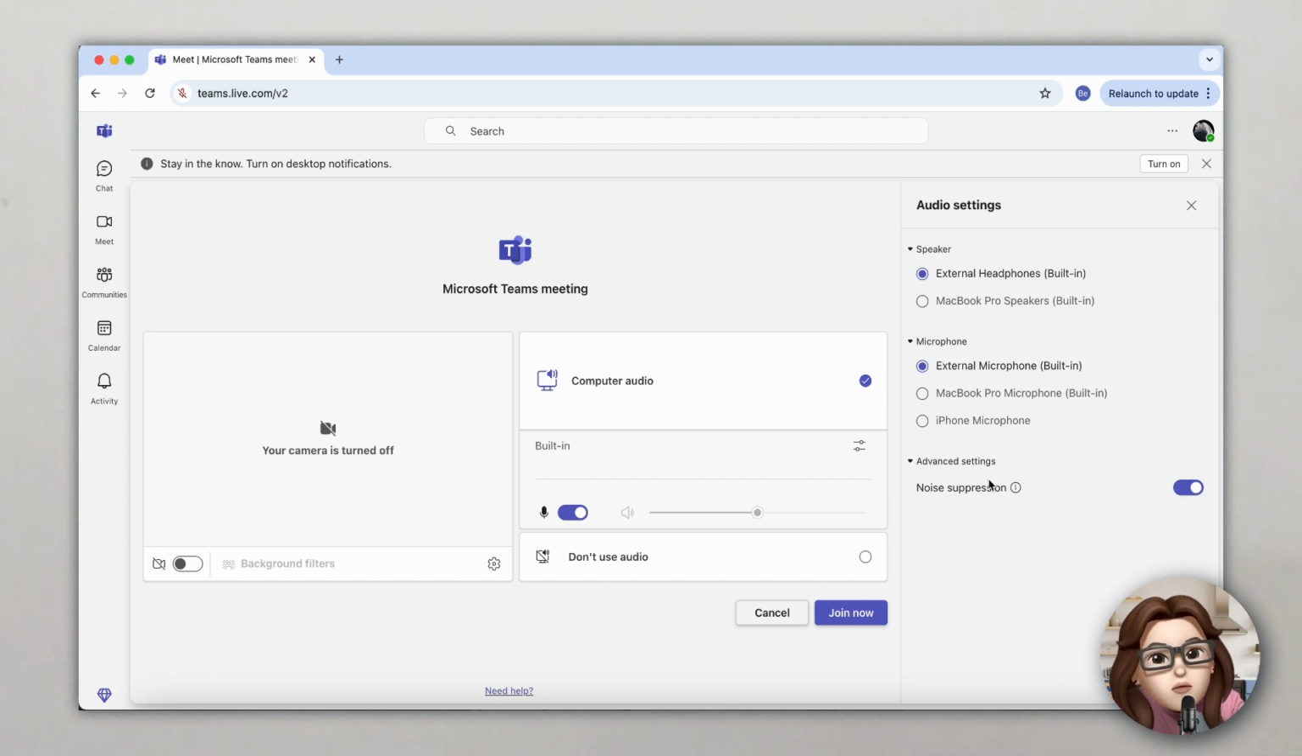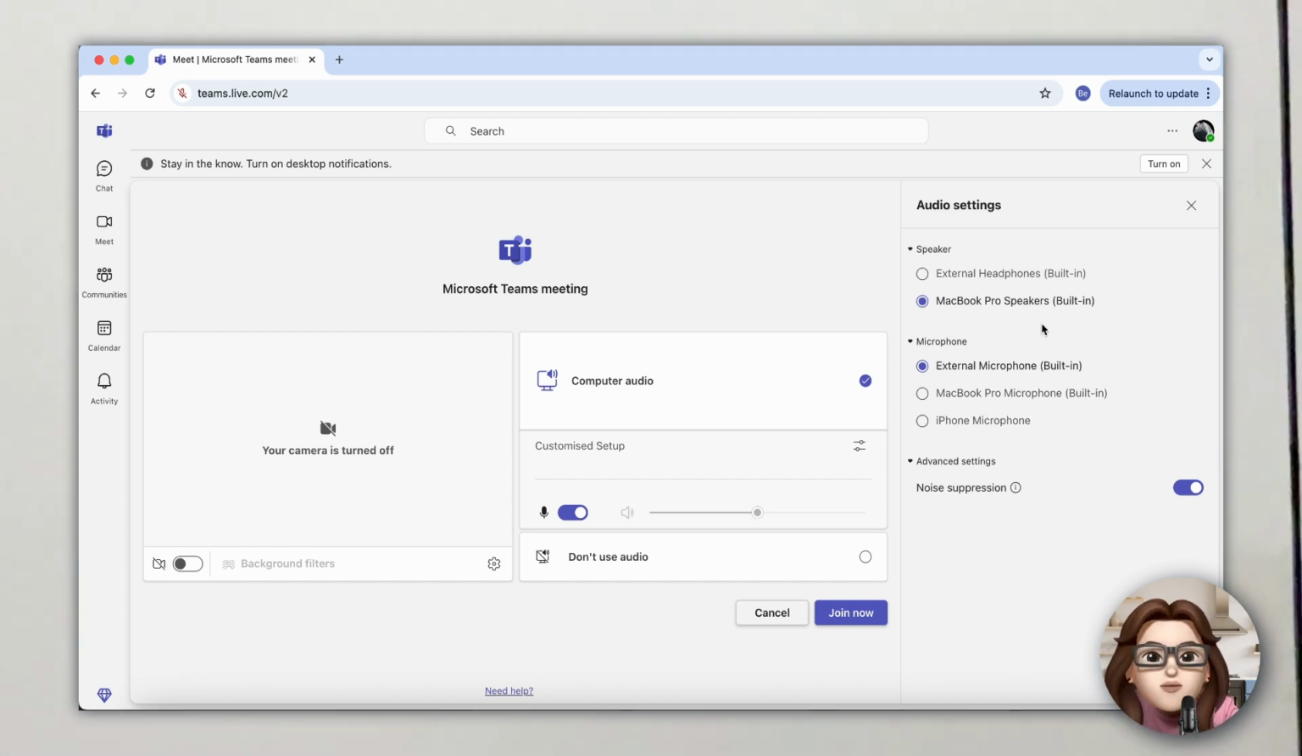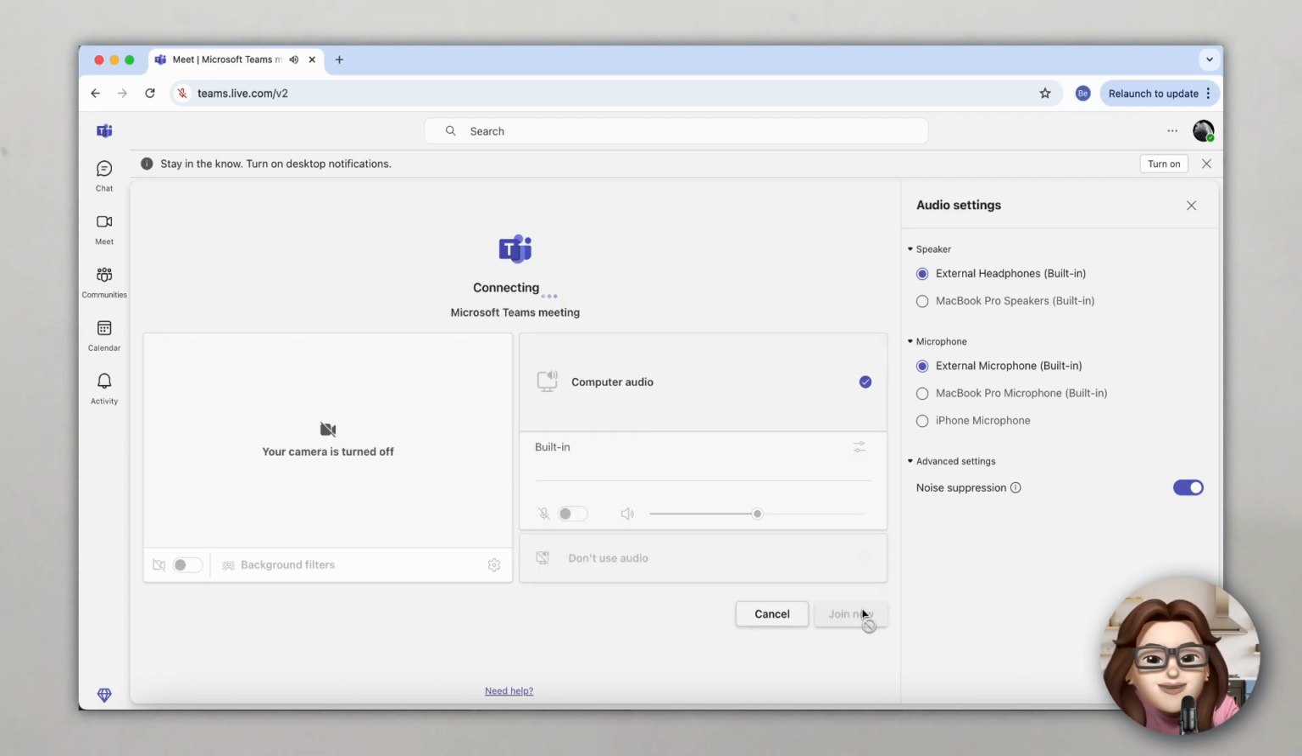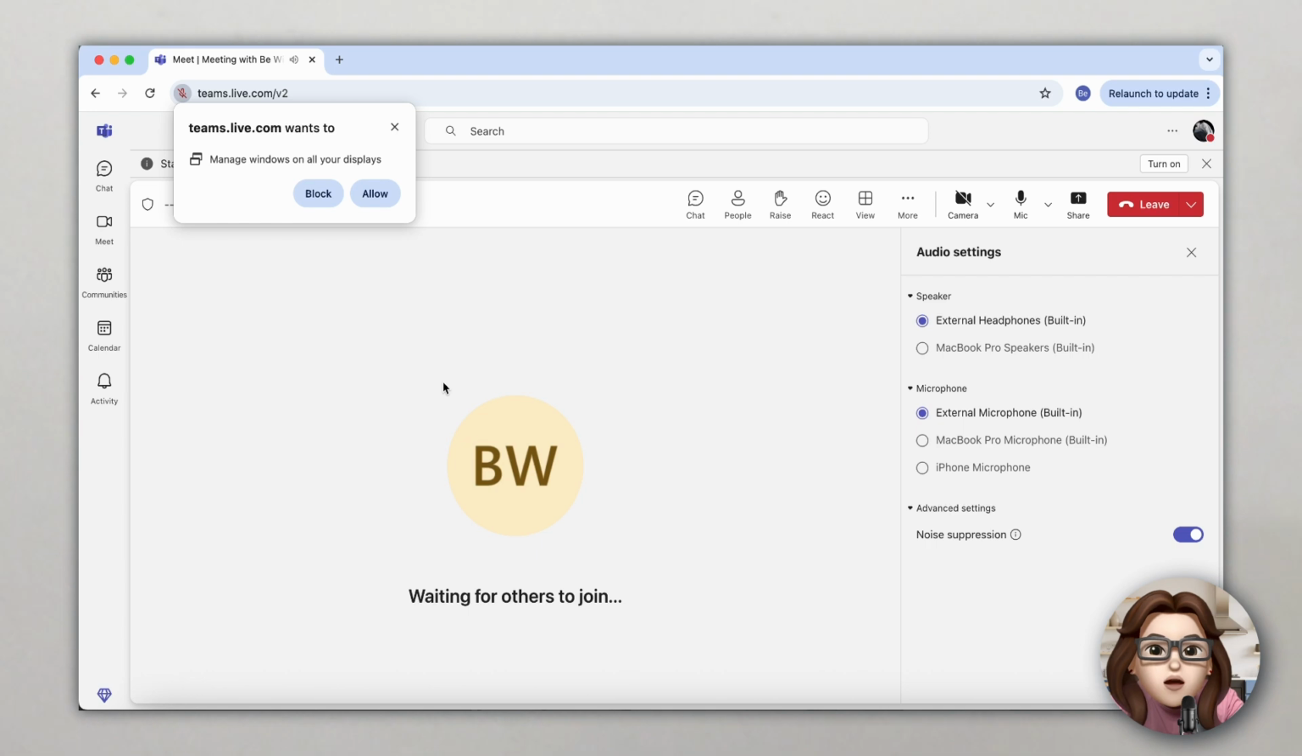Here, you can choose the microphone and speaker you'd like to use, tailoring the setup to match your preferred devices. This step is crucial for ensuring your audio quality is crisp and reliable, making every conversation clearer and more engaging. Once your settings are adjusted, click Join Now to enter the meeting with confidence, knowing your audio is working exactly